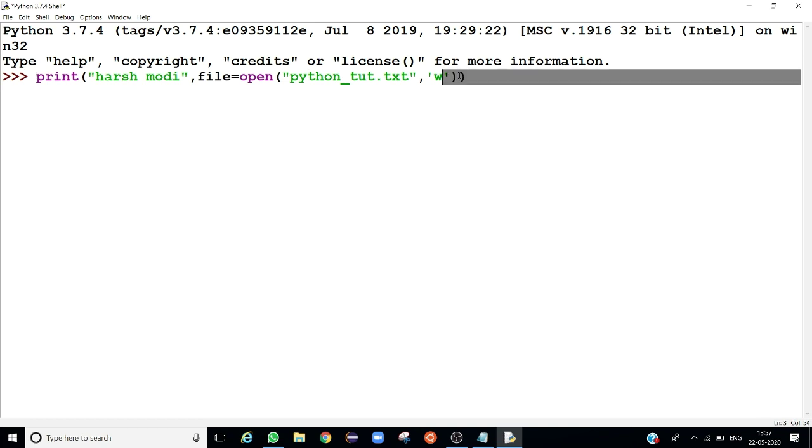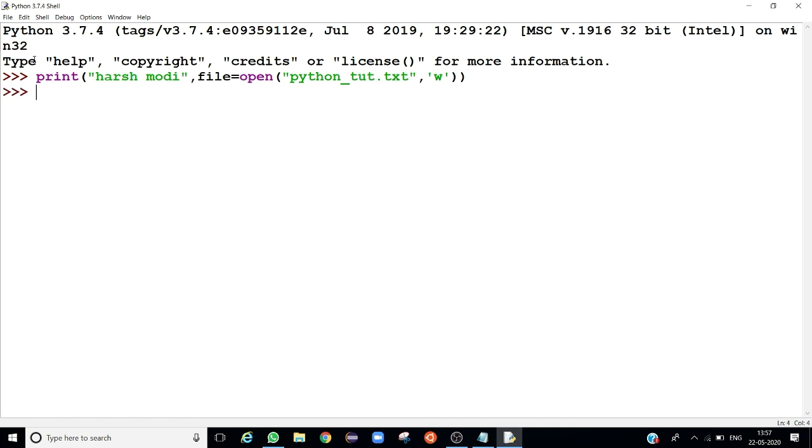If we open the file in write mode and the python tut.txt file is not present in the system before, then it will create a new file named python tut.txt, and if it is present, then it will open that file in write mode. In my system, the python tut.txt file is not present till now, so it will create it and write smoothie on that file.